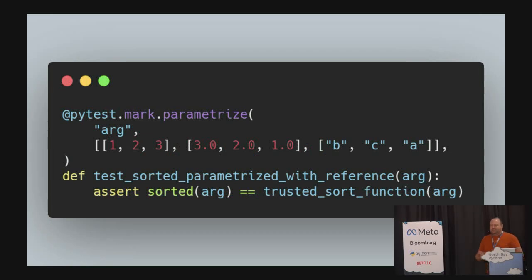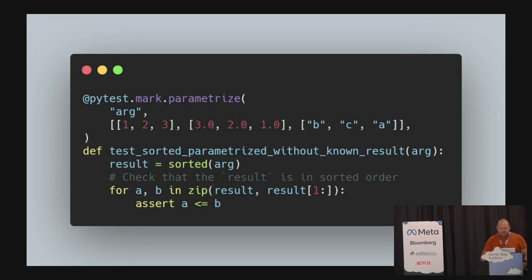And you can do even better sometimes, where you might not need to know what the exact output will be if you have a trusted implementation that you compare to. This just says, given a couple of lists, if I sort them, I get the same result as my trusted implementation. And you might be thinking, when does this ever come up in practice? Who here has ever written multi-threaded code? You can just run that code with one thread and check that you get the same result. But if you don't have a trusted implementation, you can still check some things.